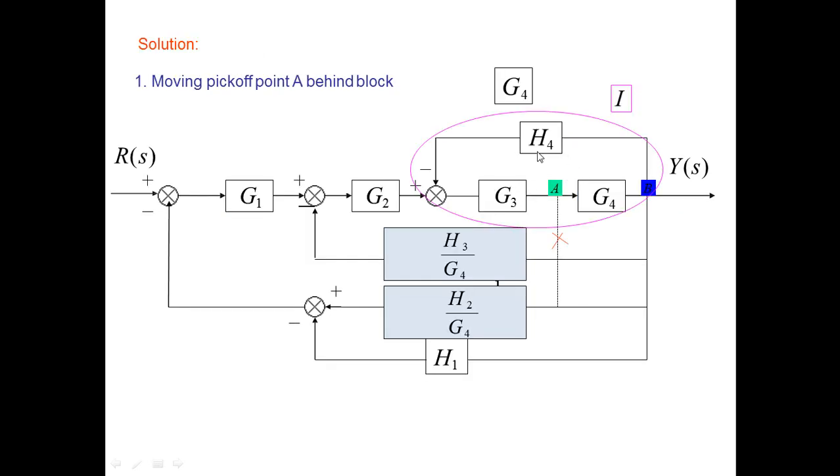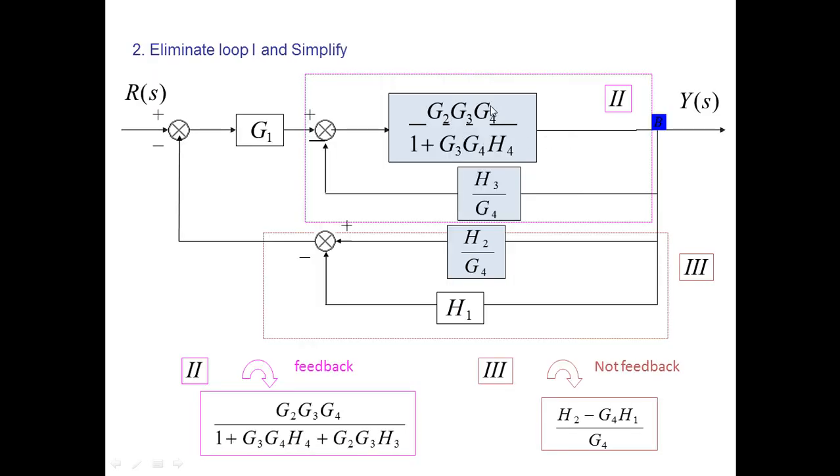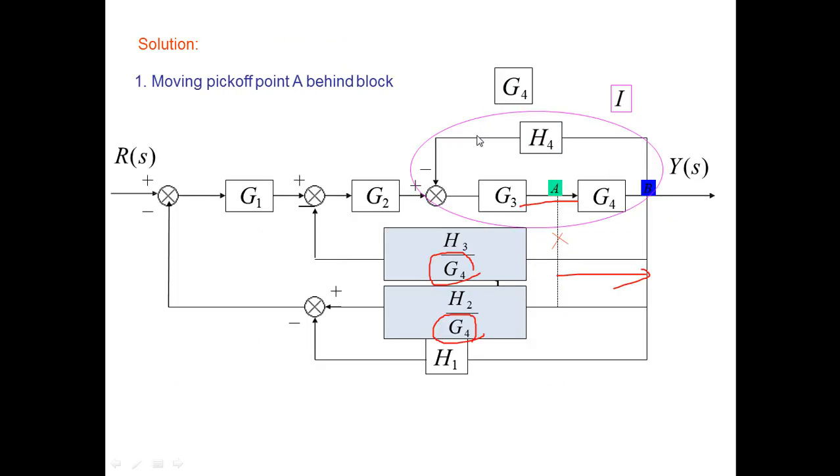So you have done the same thing, and if you merge them, you took this point from here and moved it to here, you have to take it back actually from this point. So you have taken the G4 from here, you have moved this whole point from this line to this side. So you have divided by G4 because G4 was not included in this side, so you have taken it back actually, and now you will be able to solve this G3, G4 and H4. So you have solved it, you get this value, and you have to move basically this point actually as well.